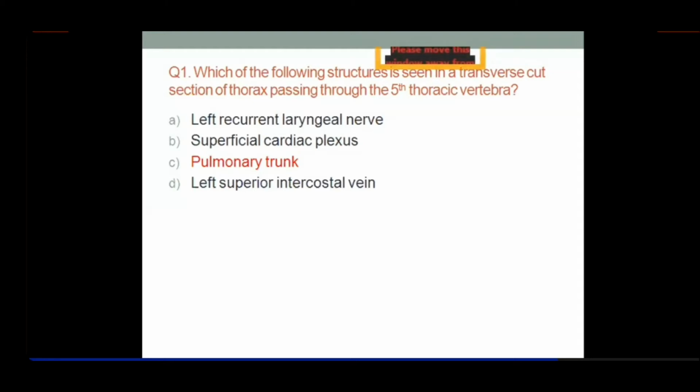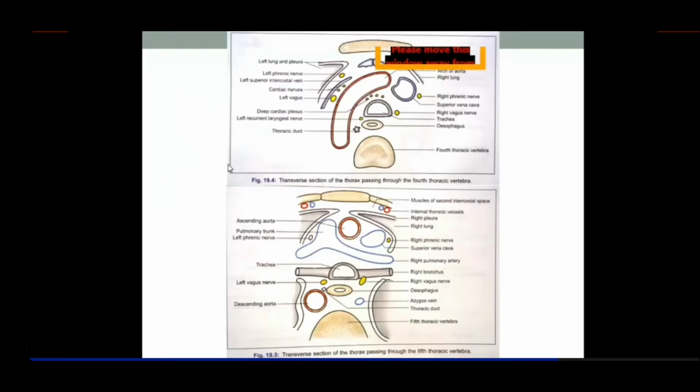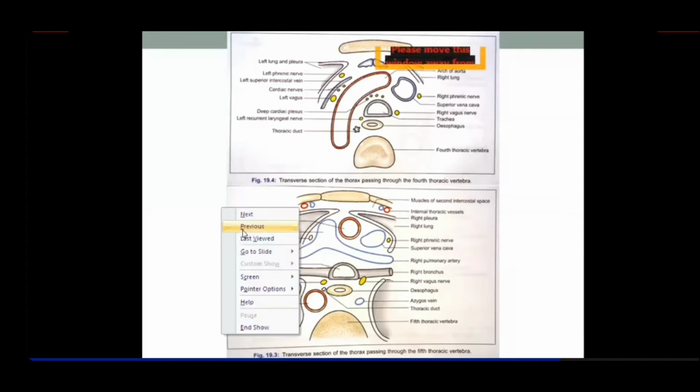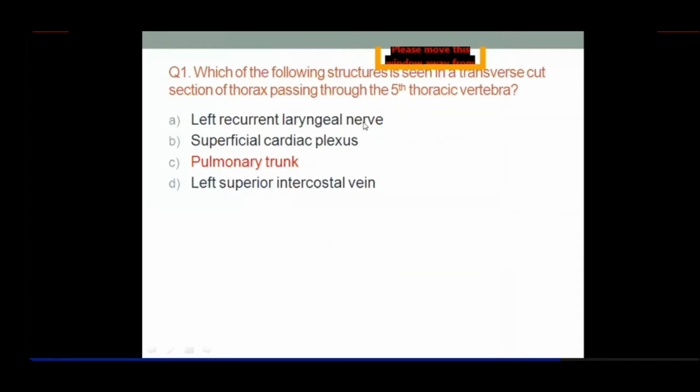Now, to make you revise this, remember T4, T5. Don't forget this junction. This is very important. There are 13 important structural changes that take place at this level of T4, T5, and that's the level of the sternal angle, the manubriosternal joint, that demarcates superior and inferior mediastinum. So among the different changes, look here, left recurrent laryngeal nerve, it arches under the arch of aorta. The arch of aorta is the content of superior mediastinum.